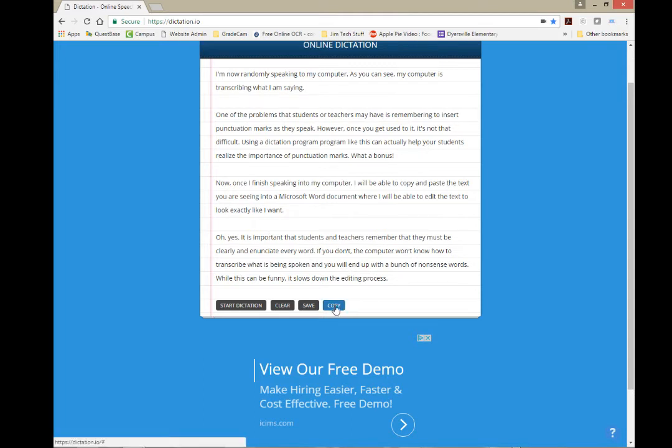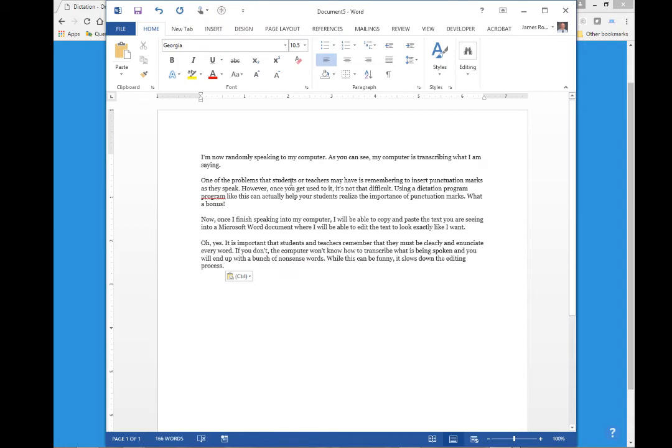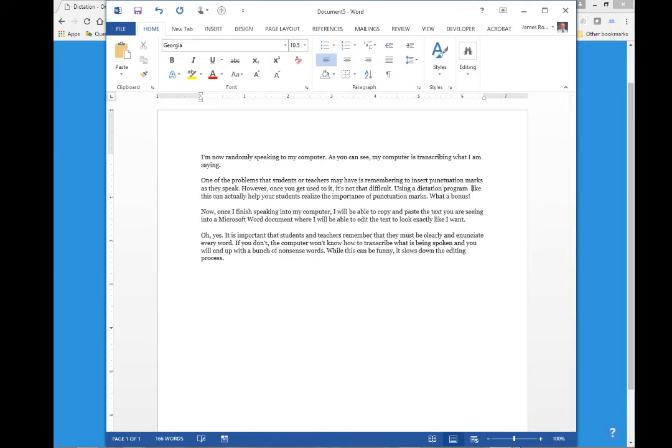What I'm going to do is copy this using the copy button. It even says copied. And then I go over to Word, and using Control V, I just paste the text on there. Now you'll see right here, I think I stumbled when I was speaking using a dictation program like this. So I can go in here and edit that right on the screen. See what you can do with your students? They can use Word, not as the program they're typing into, but as their editing package.